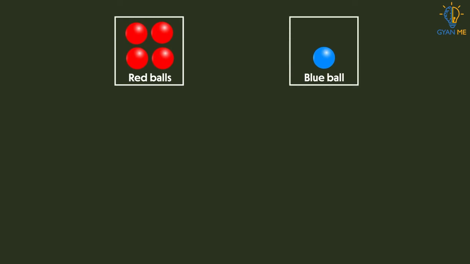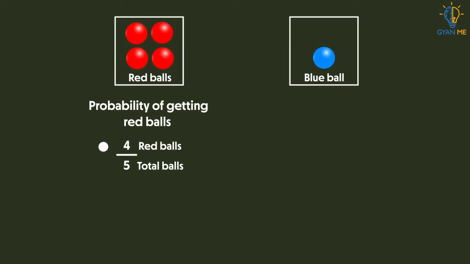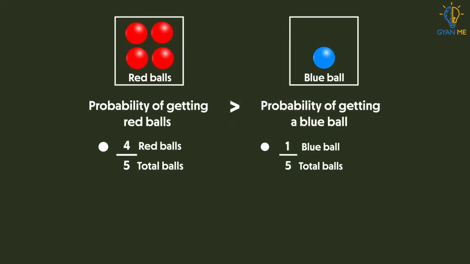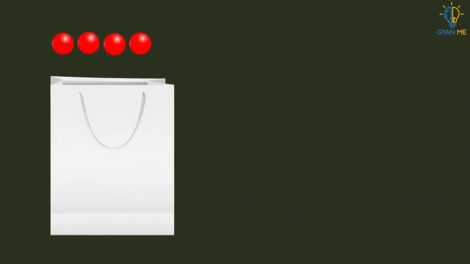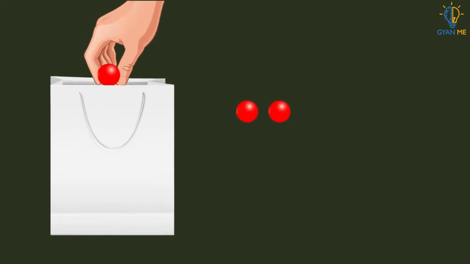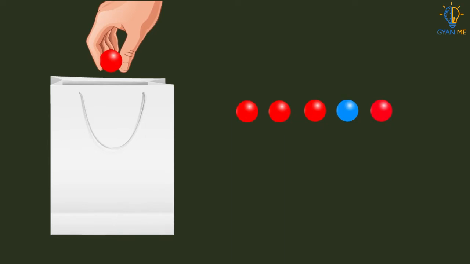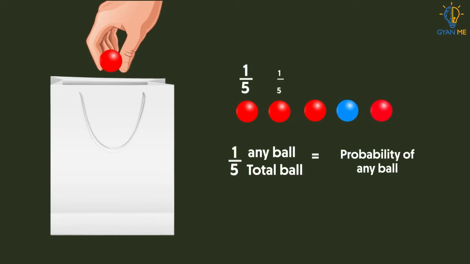Let's see. Since there are 4 red balls and only 1 blue ball, we are more likely to get a red ball than a blue ball. That is, the probability of getting a red ball is more than the probability of getting a blue ball. So the outcomes, a red ball or a blue ball coming, are not equally likely here. However, the outcome of drawing a ball of any color from the bag is equally likely. I mean, when we draw a ball, any colored ball can come. If that is our event, or that is what we are looking for, then the probability of any ball coming